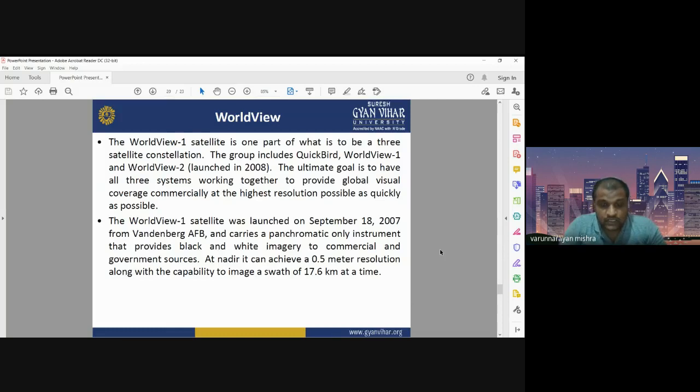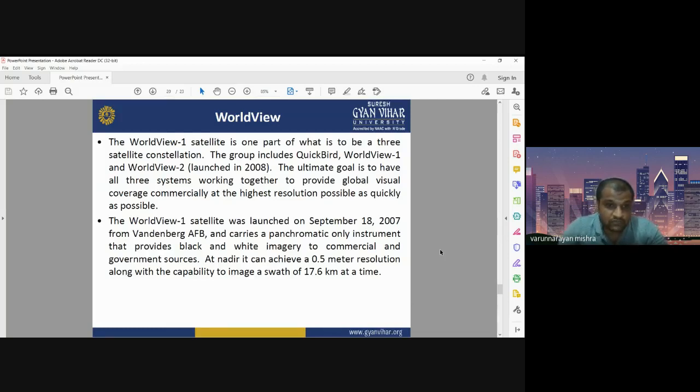So they can together provide very good visual coverage at the global level, and it can be used at higher spatial resolution as quickly as possible. Three satellites are observing the same area with good detail, so that you can have very high spatial resolution satellite images as quickly as possible.